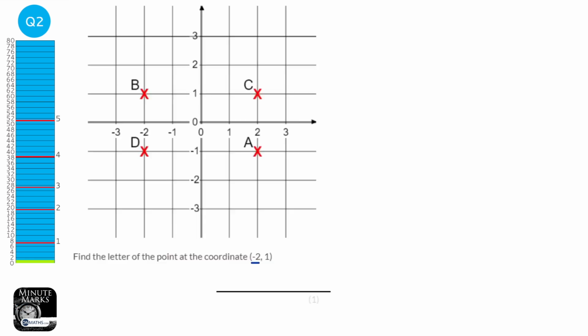This coordinate is telling us to go 2 to the left from the center. We go right when it's positive, we go left when it's negative, so it's 2 to the left. And then it's telling us to go 1 up. It's up because it's positive. So we need to go 1 up, and we get to the coordinate of B. So the coordinate we get to is B. And so we just look at the -2 on the x-axis and the 1 on the y-axis, and that is